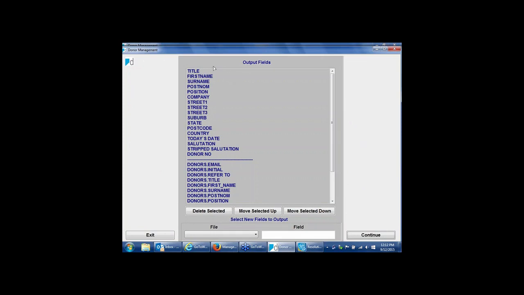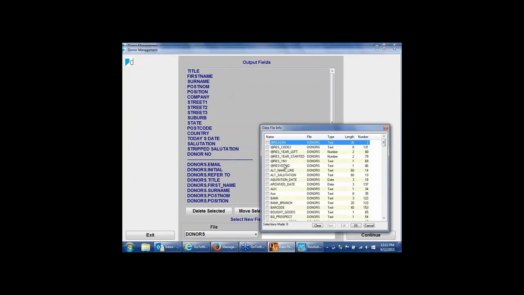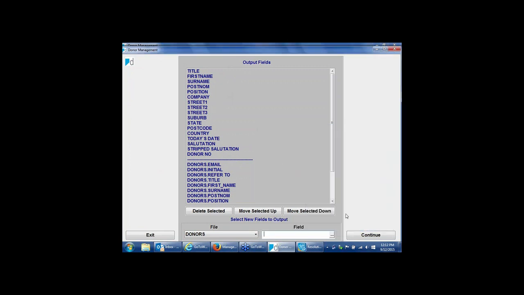The fields that you see on the second screen above the dotted line will come out no matter what you do. They are the core fields of doing a mailing. Other fields can be added down the bottom here, by going down to donors, and then choosing the appropriate field that you want to also have in your output. In this case, I'm just going to leave it as is,